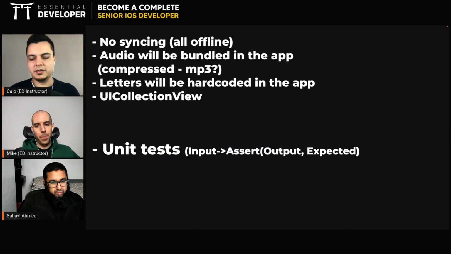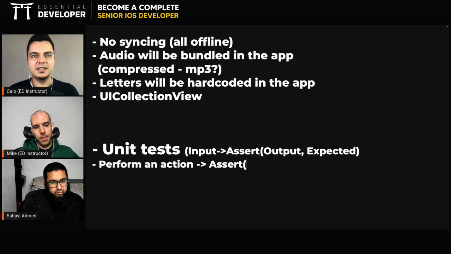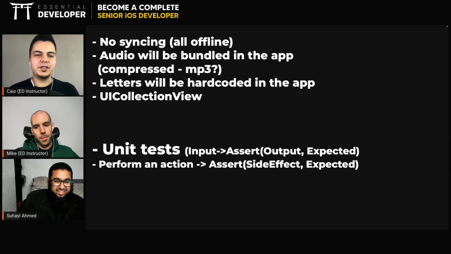Because you actually perform an action, and there will be an event. You assert the side effect. Was it what you expected? For example, when I tap this button, now the presentation changed. A modal was presented. When I tap this button, this label changed. When I tap this button, there's been a navigation, right? So it returns void when you perform an action.